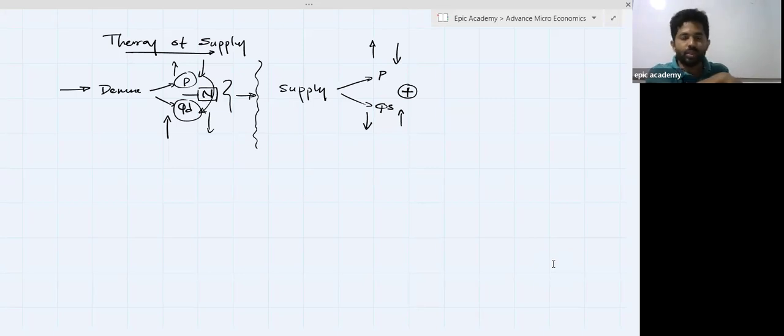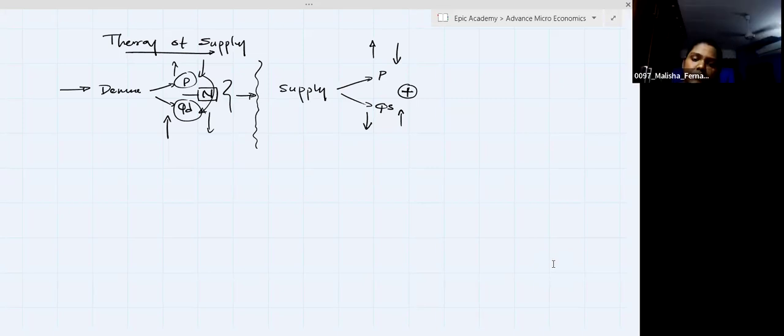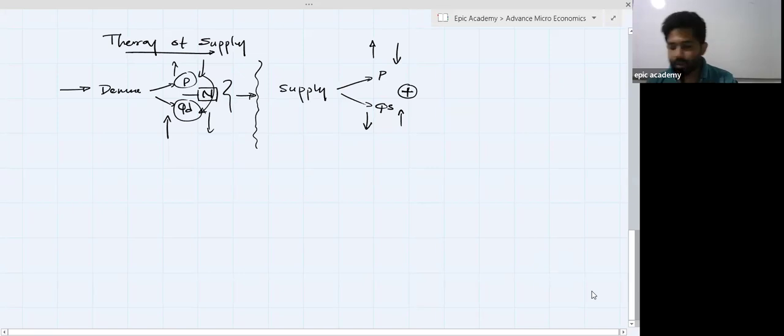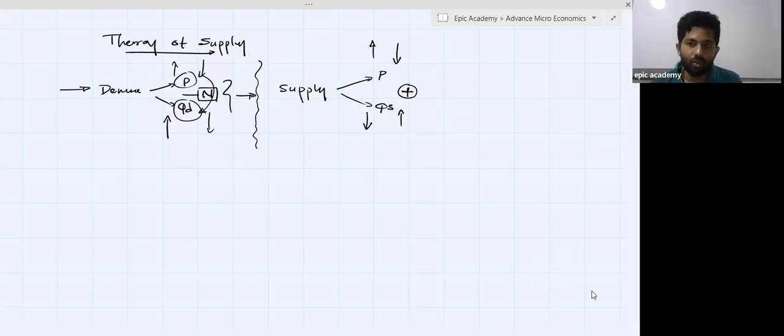You are not going to continue with that commodity because your profitability reduces. You cannot earn more and more money. You cannot cover the production cost. Then you shift the production. So then you can identify a positive relationship between quantity supplied and prices. According to that, we are going to create the supply equation also. Okay, right.